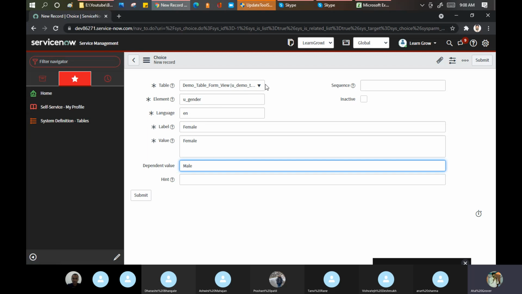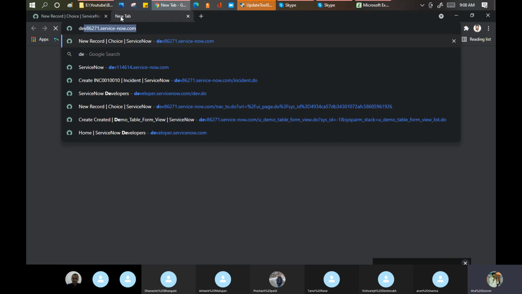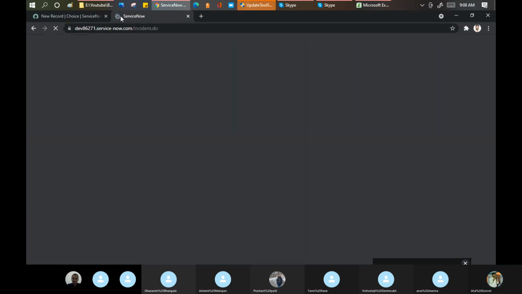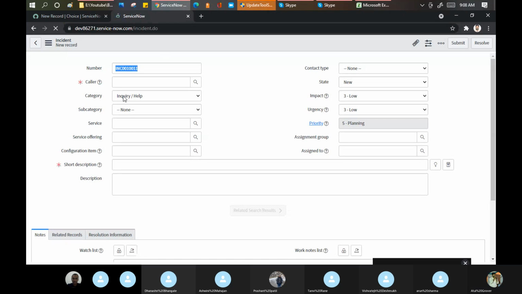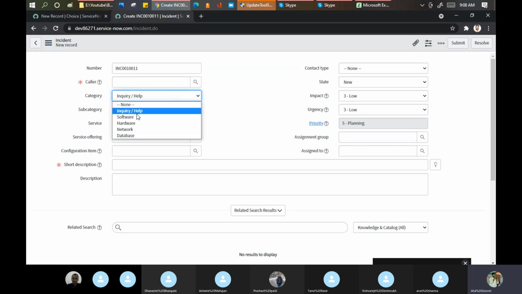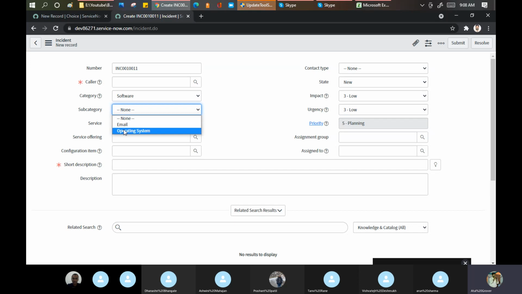So there's a concept called category and subcategory. Let me show you here. If I select the category as inquiry, the subcategory comes as antivirus. If I change my category to software, my subcategory also changes to email and OS. If I change it to network, this has been changed. Right?